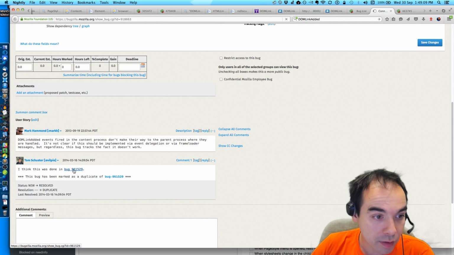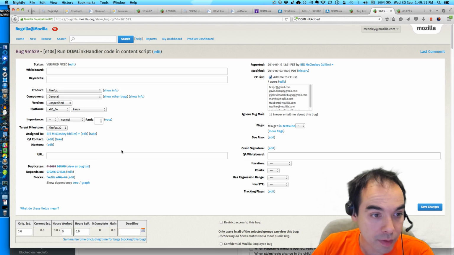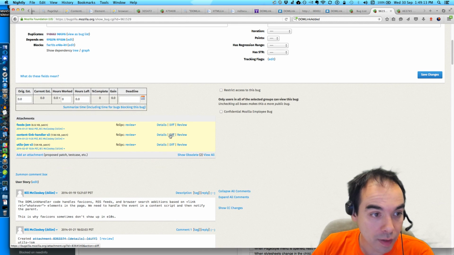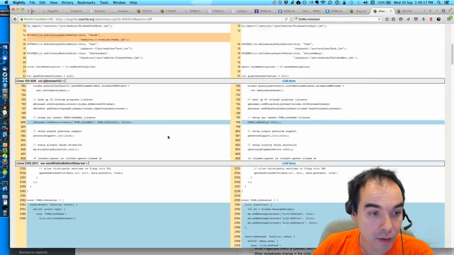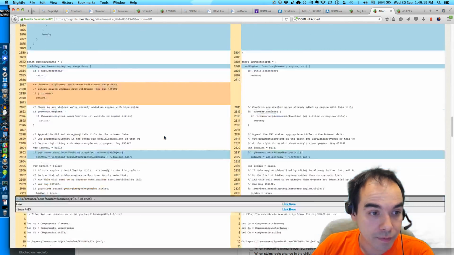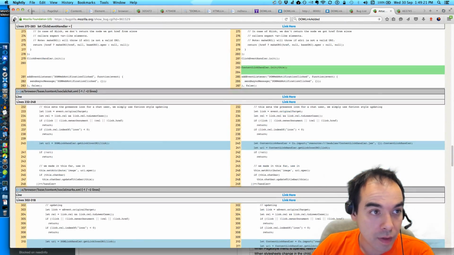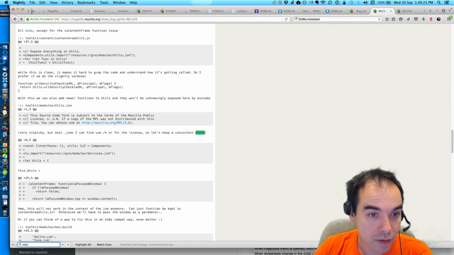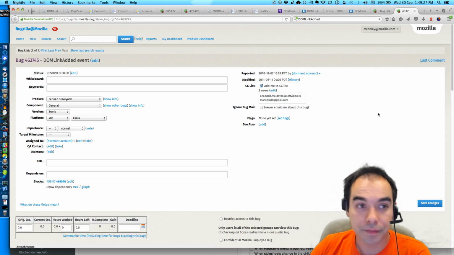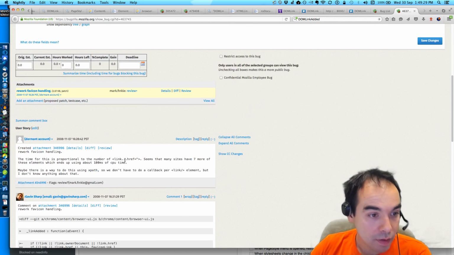Run DOM link handler code in a content script, back in 2014. And that's when the content link handler was created. Does it say anything about style sheets in here? No. Interesting.